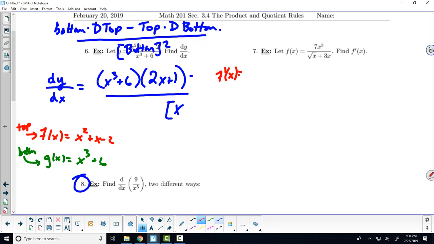Yeah, you can totally simplify. If you had to keep